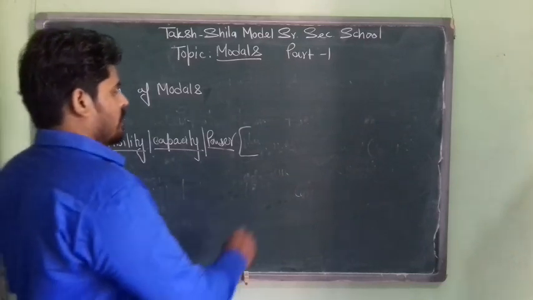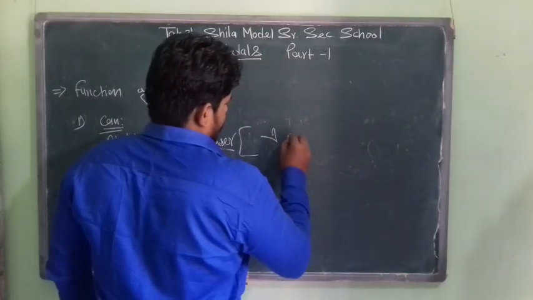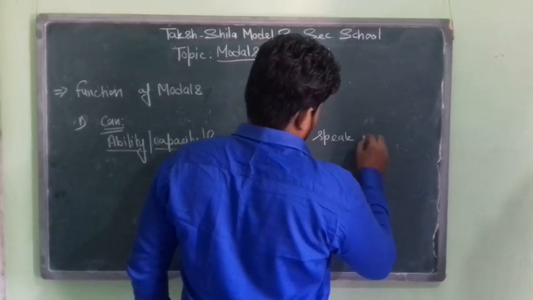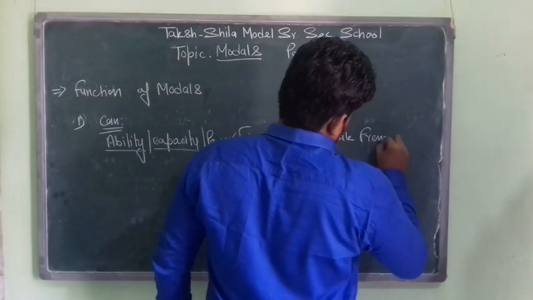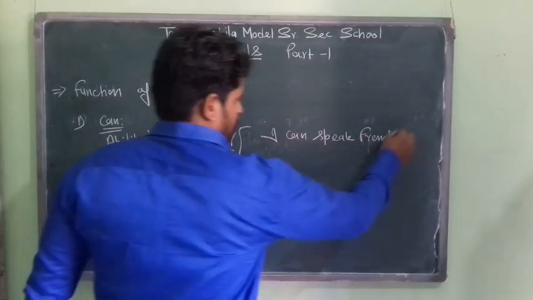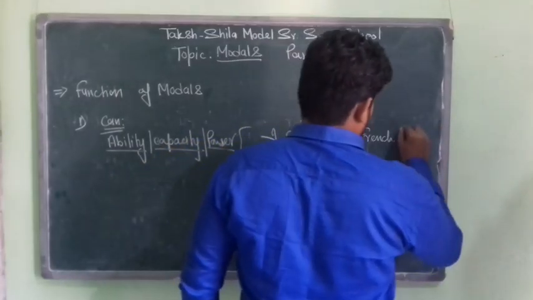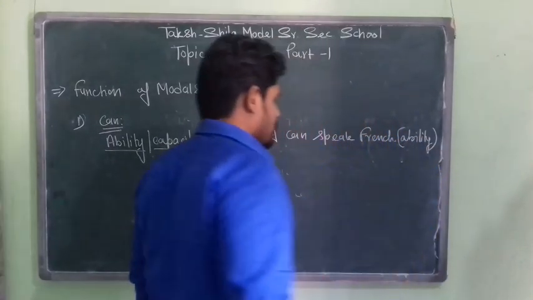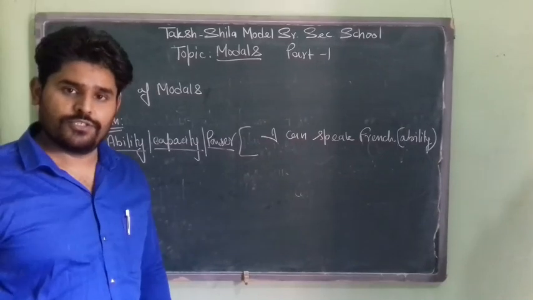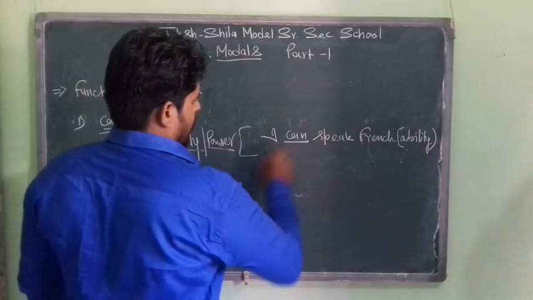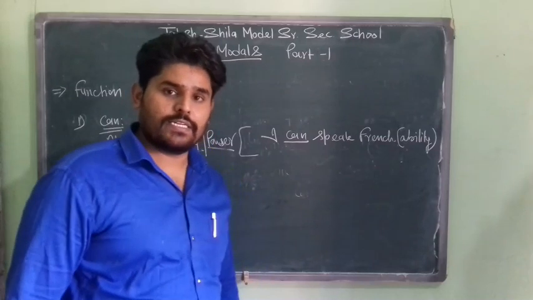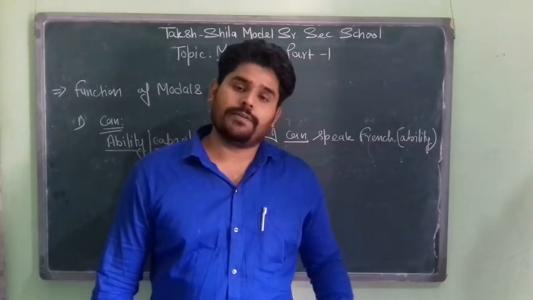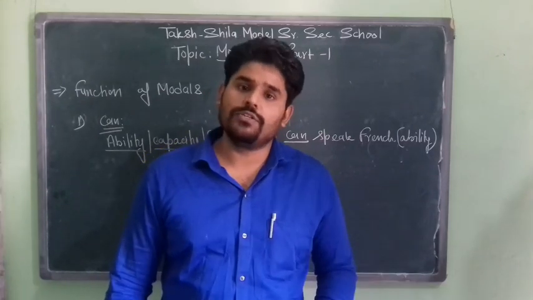For example, I can speak French. This sentence shows what? It shows ability. This is my ability that I can speak French. So here I have used modal can to express what? Ability. Some more examples of ability are, I can teach you, this is my ability that I can teach you,